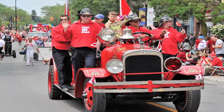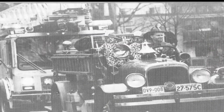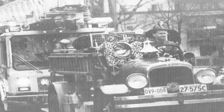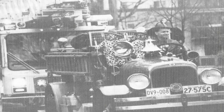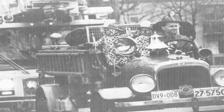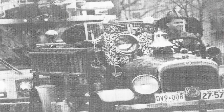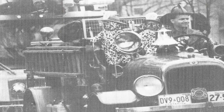One special memory, I guess, that I have of the truck is back when I first started on the department. I was still a volunteer at the time. So in 1990, I drove the truck in the Cobourg Santa Claus Parade, and I had my 2 sons with me. They were dressed up like Dalmatian dogs. They had a full body suit on, and their faces were painted to look like Dalmatian dogs. So one of the things that they liked to do in the parades as the Dalmatians, it was their job to ring the bell. So